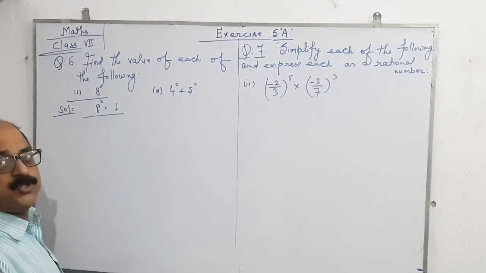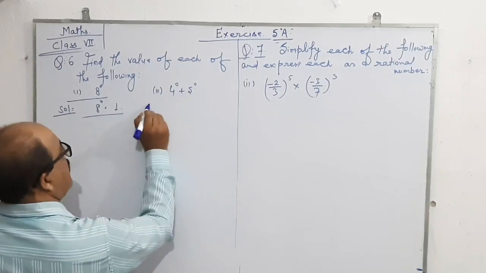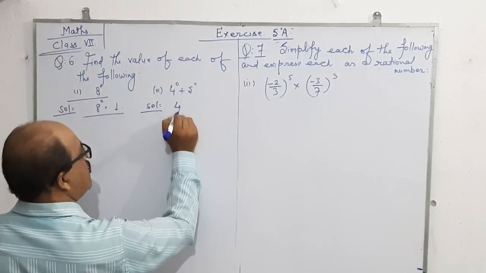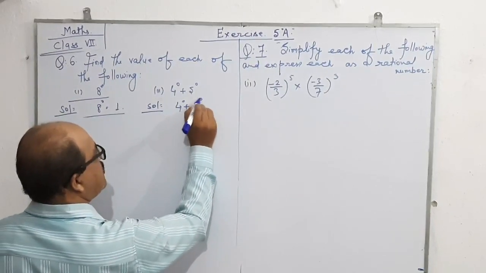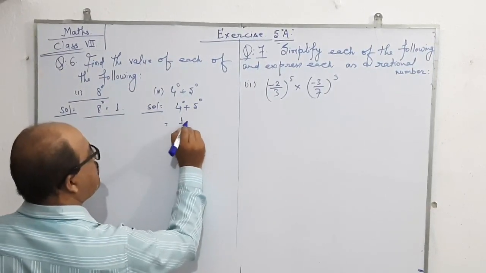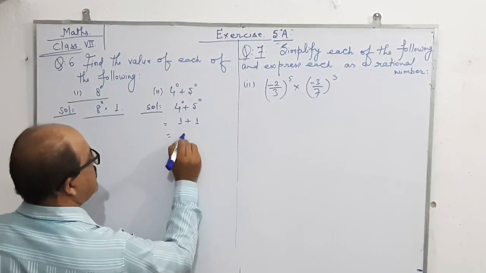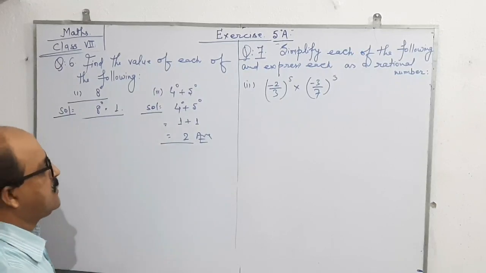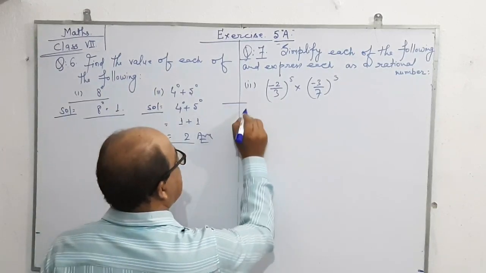In the next question, 4 to the power 0 plus 5 to the power 0 is equal to 1 plus 1, which is equal to 2. This is the answer. In the next question,